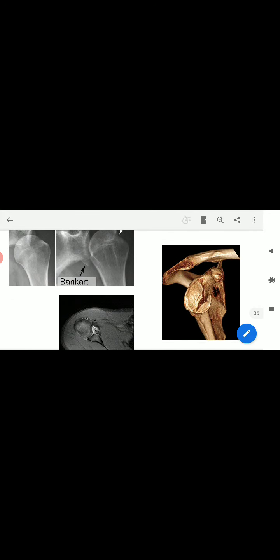For the bony Bankart, we will advise a CT scan, because here we are interested in knowing the amount of the bone defect, which is accurately shown in the CT scan rather than MRI. There are several studies showing CT is superior in knowing the bone defect when compared to the MRI. This is one coronal picture where we are looking at the axillary recess. You can see the axillary pouch. It is contracted in case of adhesive capsulitis.